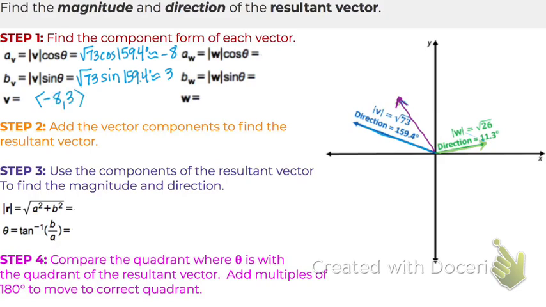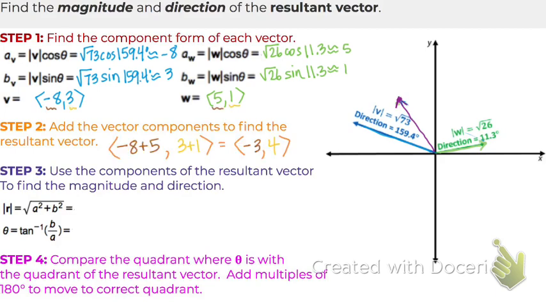Now let's do the same for the green vector. And when we put these in our calculator, we get approximately 5 and approximately 1. So the components of vector W are 5, 1. Now we're going to add these x and y components to find the resultant vector. And so when we add the -8 and the 5 and add the 3 and the 1, we see that